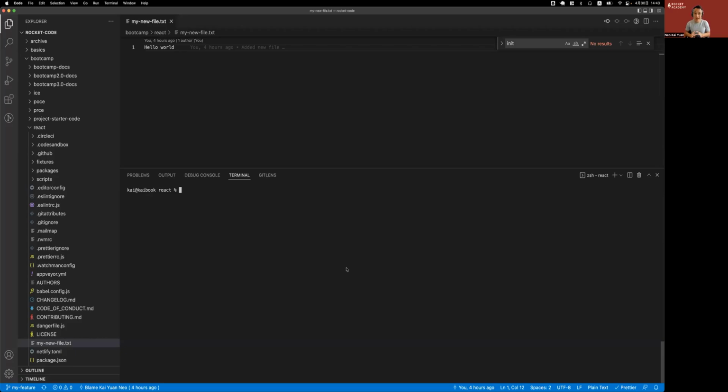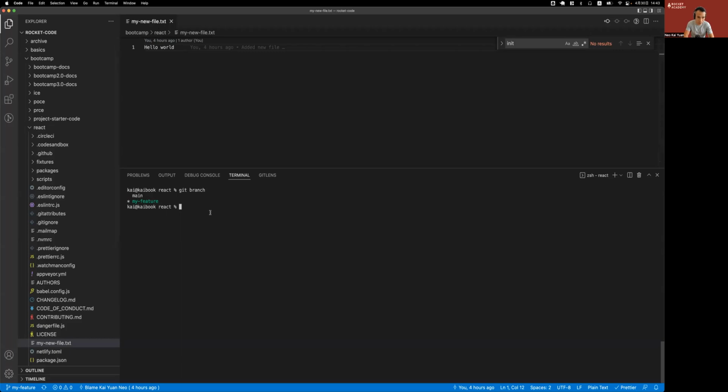We've just gone over how to merge our feature branches into main and our main branches into our feature branch. Now let us see what happens when we get a merge conflict during one of those merges and how to resolve the merge conflict. In the previous video, you would have seen that we created a file called my_new_file, and we created that file on our feature branch, my feature, and